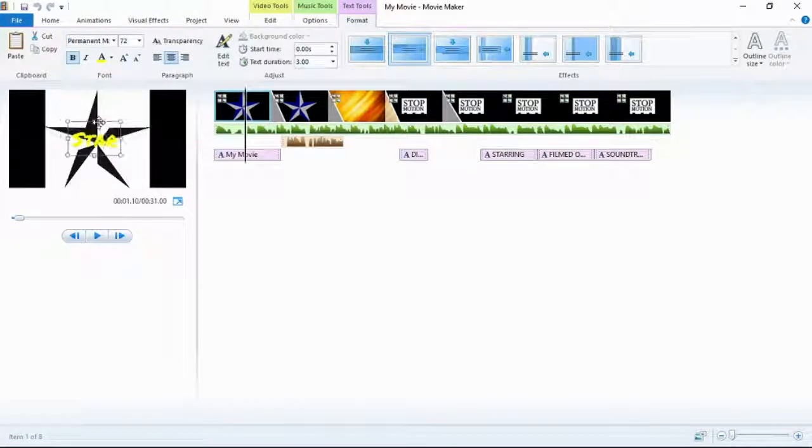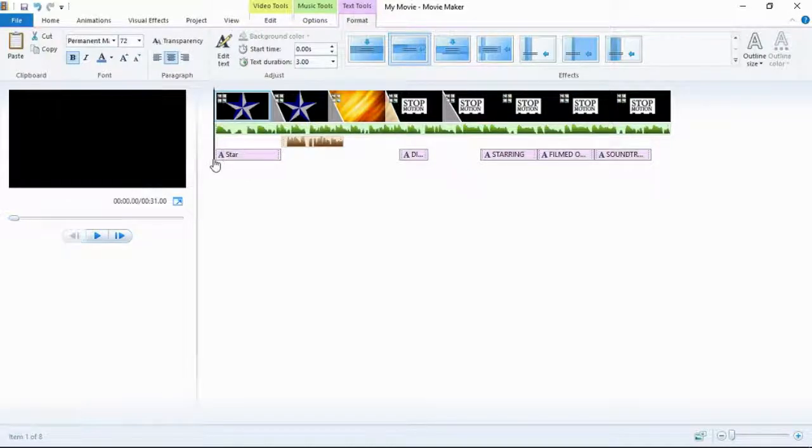As you can see, yellow doesn't really stick out. So if we go black, it doesn't stick out either. So it takes a little while to find an actual color that you'll be able to see. Okay, there we go, star. So as you can see, if I play it for you,